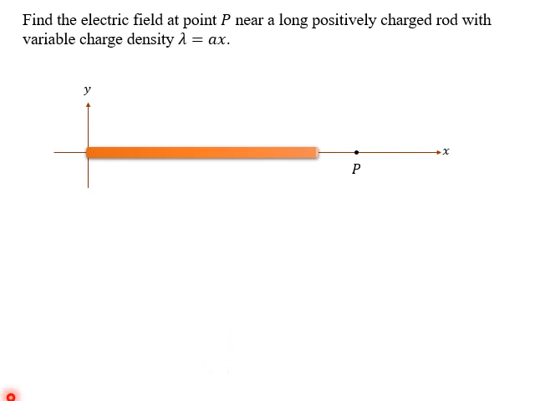Let's do one more example of a line of charge, but this time let's kind of kick it up a notch. Let's find the electric field at a point P near a long positively charged rod, so that's this one, with a variable charge density, lambda equals A times X. So here A is a constant and X is going to be a variable. So the charge density is not uniform. Where X equals 0, right here at the origin, the charge density is 0. Up here where X is the biggest, the charge density is the biggest. So this is non-uniform,